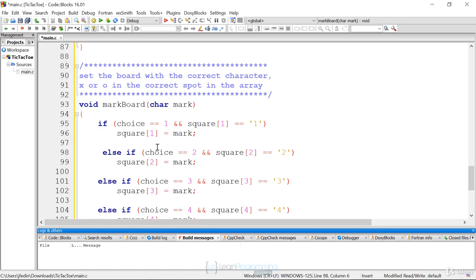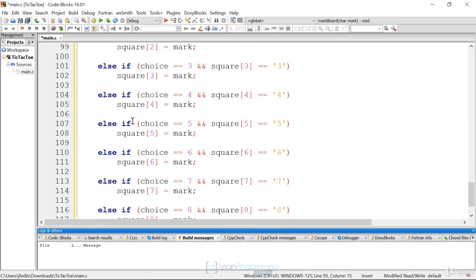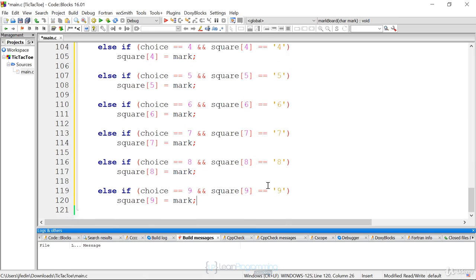If the user entered choice 2, we're going to make sure the indentation's good, and square 2 is available, we're going to mark square 2 with whatever we passed in here. And depending on what player's turn it is, we're going to pass in an O or an X. Now, the last thing we need to do in this function is validate. If they passed in anything other than 1 through 9, then that's an invalid move. So our last else statement